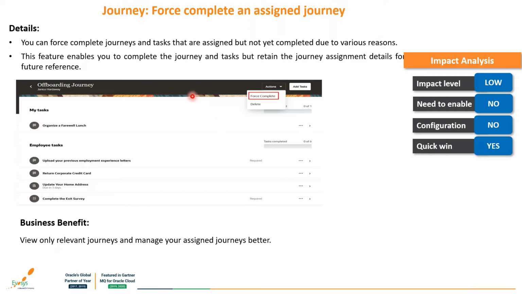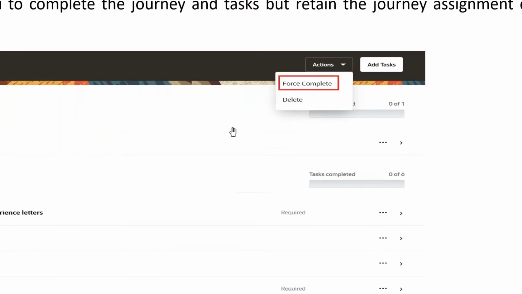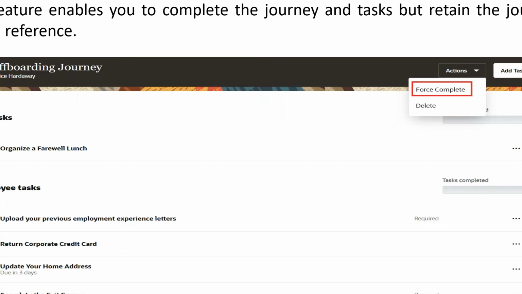Moving forward, the new feature which has been provided by Oracle is post complete and assigned journey. If you see that this will help users or human capital management team to forcefully complete a journey. I would just like to give you an example how it helps. What happens is like a journey has been created and there are multiple task owners who will be taking actions on XYZ tasks. So, but for some unforeseen reason, task owner is not available and